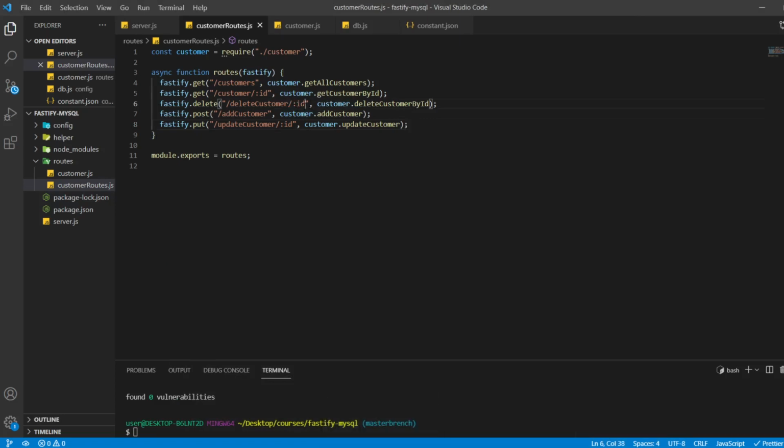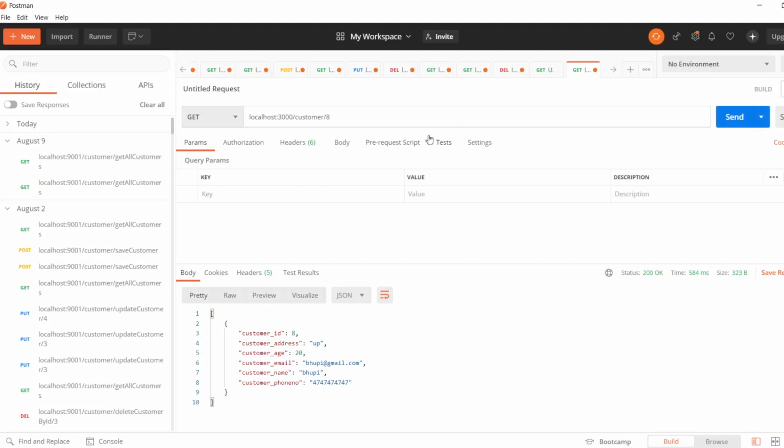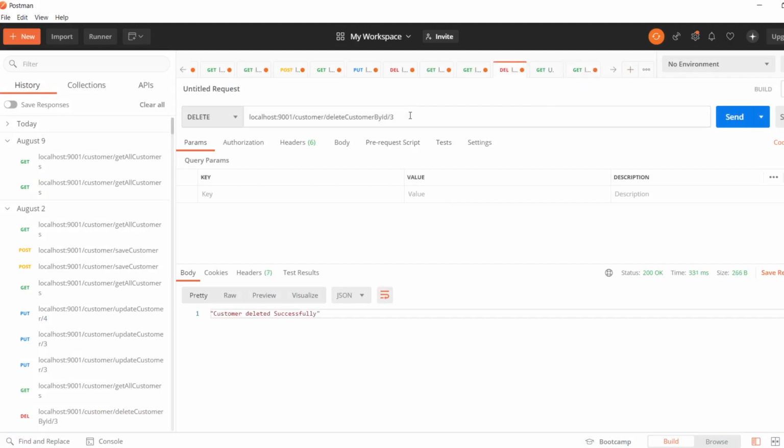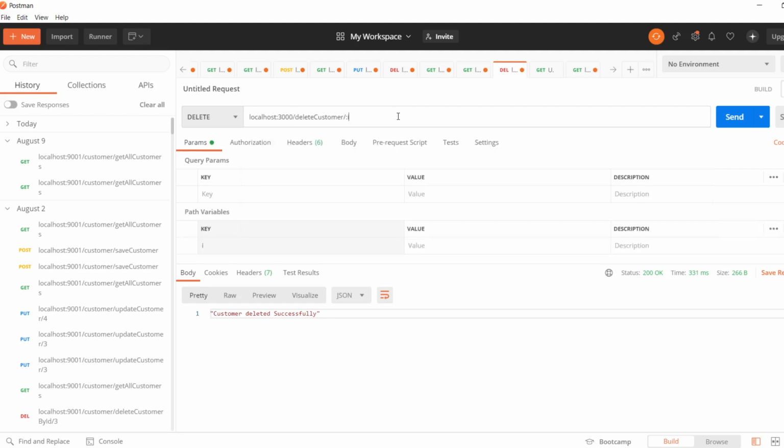So we copy this and paste it here. Localhost 3000 and then let's try to delete 8.